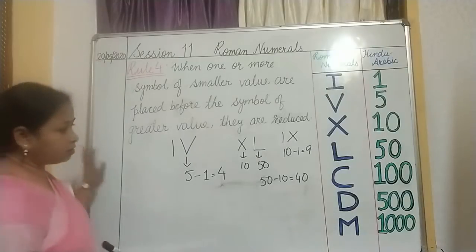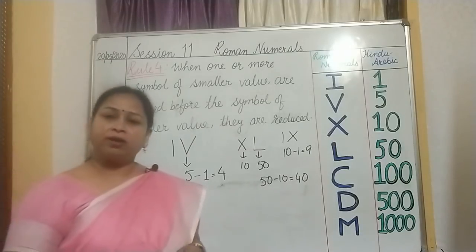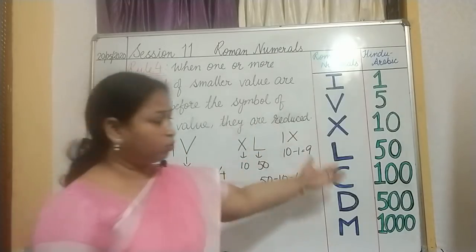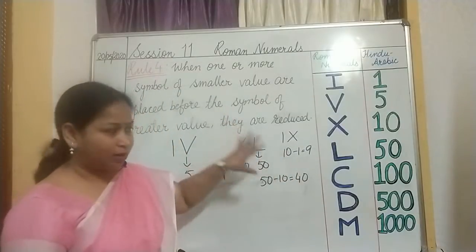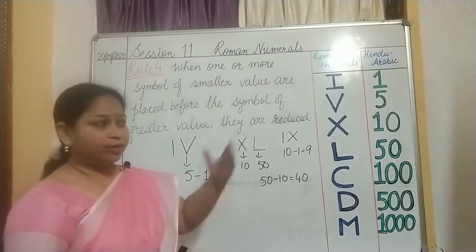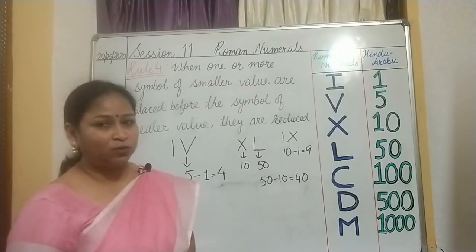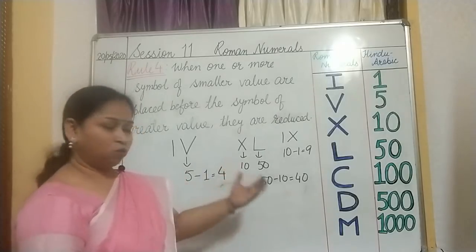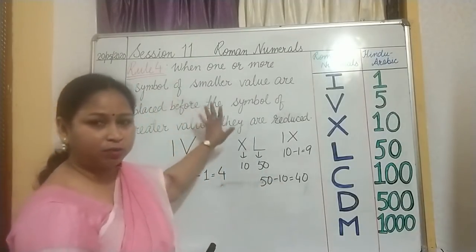So utilizing all these rules and all these symbols, can we write the Roman numerals from 1 to 100? As you have already learned how to write Hindu Arabic, you can write 1000 and more than that also. So would you like to learn how to write from 1 to 100? Okay, that also I will show. So you should have a rough copy with you. Do not write in your classwork copy, okay, till the explanation is going on. Wherever I ask you to write something, you can take it down in your rough copy. Children, get ready with the rough copy. Till that time I erase my book, okay.